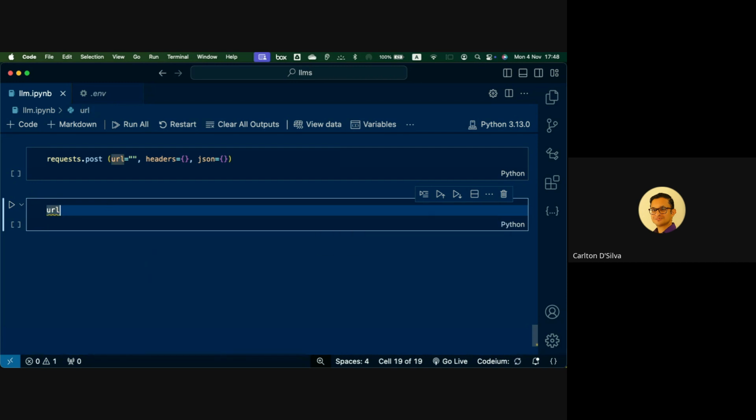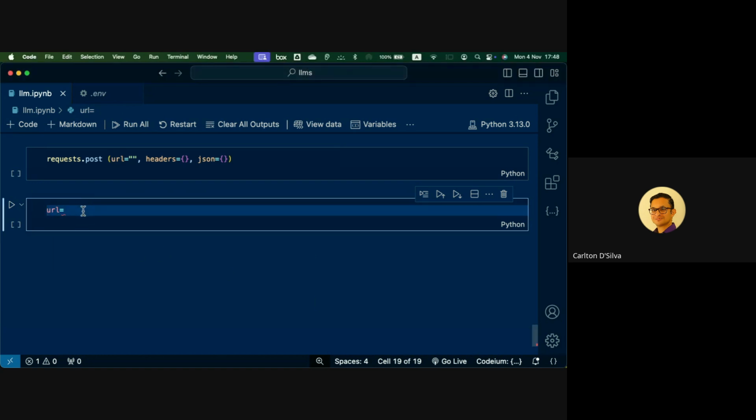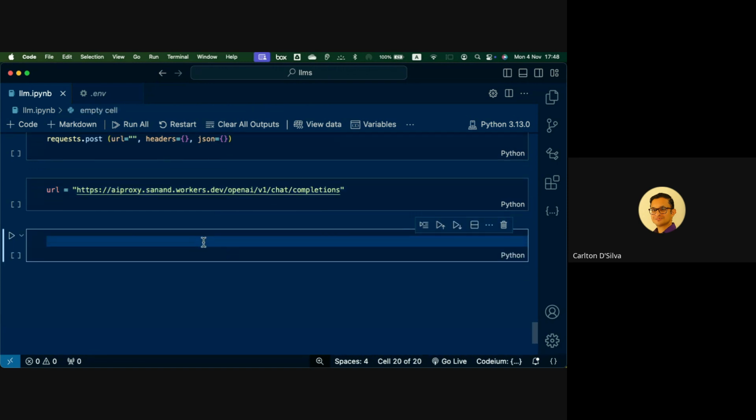So one of the first URLs we will be using is for your typical usage of an LLM, which is completions, chat completions. So we'll use that over here. Then we want the header.